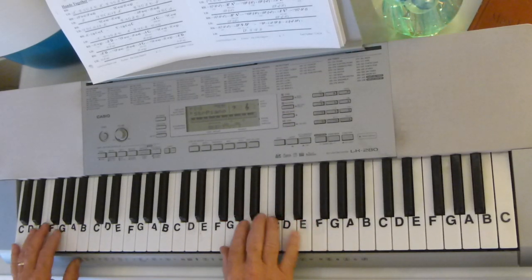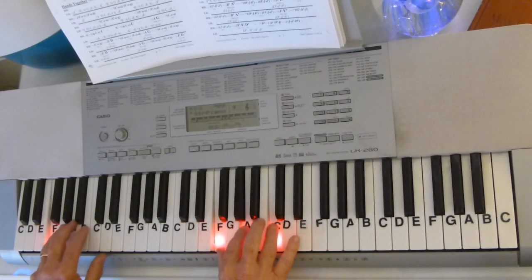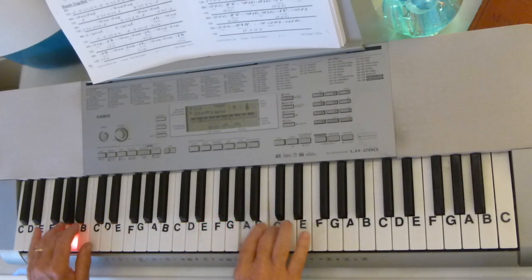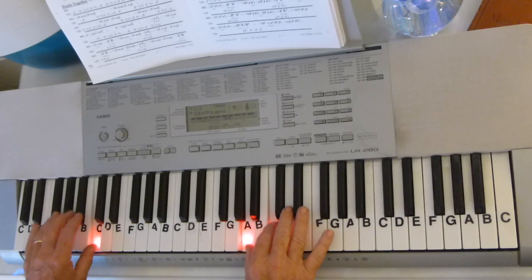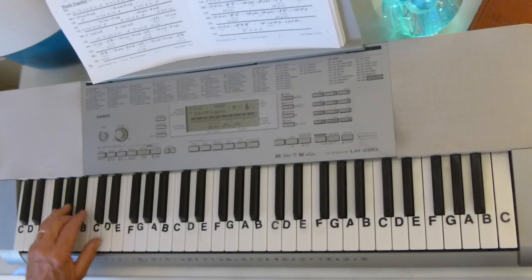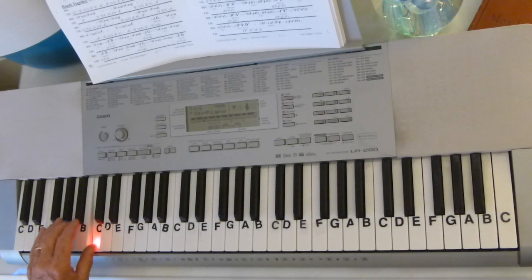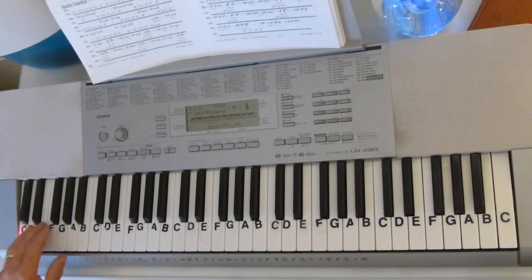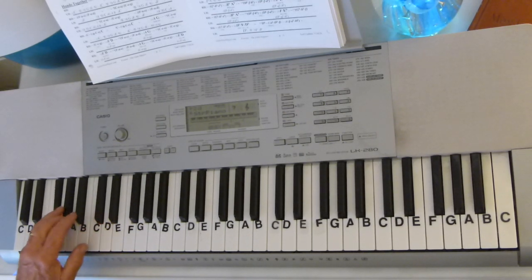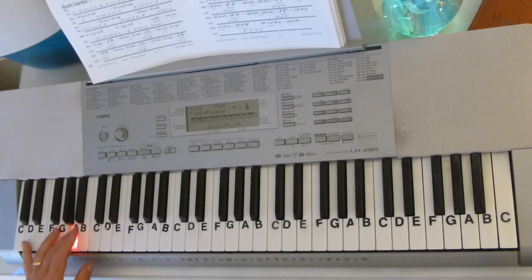Now slowly we'll have, okay, so we'll have, all you're going to do in the left hand is F, A, C, A, F sharp, A, C, A, and then we go to C, E, G, E, C, G, F, A, C, F sharp, A, C, A, D, A,